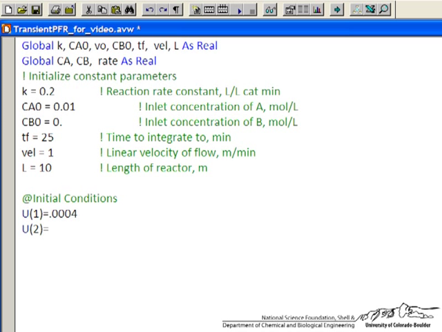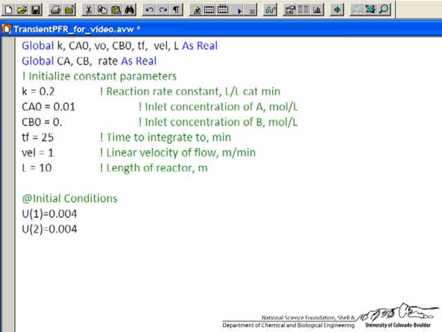0.004 and this is 0.004 also. But I could certainly start the reactor off with a simple condition like nothing of A and only B. I could basically start with a function, exponential decay with distance, for example. All that it says is what are the concentrations in the reactor at the beginning.